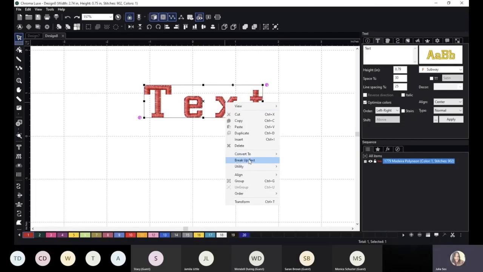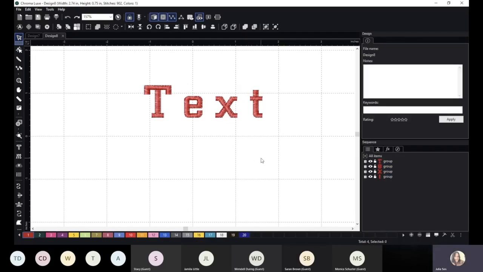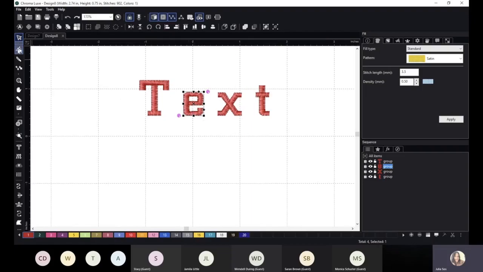So when I break up the text, it will no longer look like a text option. It will be individual objects. It will be the T, the E, the X, and the T separate. So when I click break up text, now we can see in our lower right-hand sequence panel, I have the T as a group, the E as a group, and so on. So now I can actually click my shape tool,